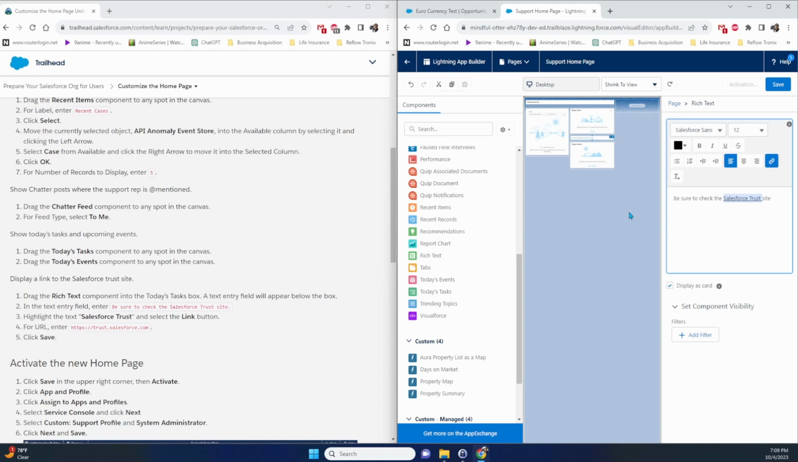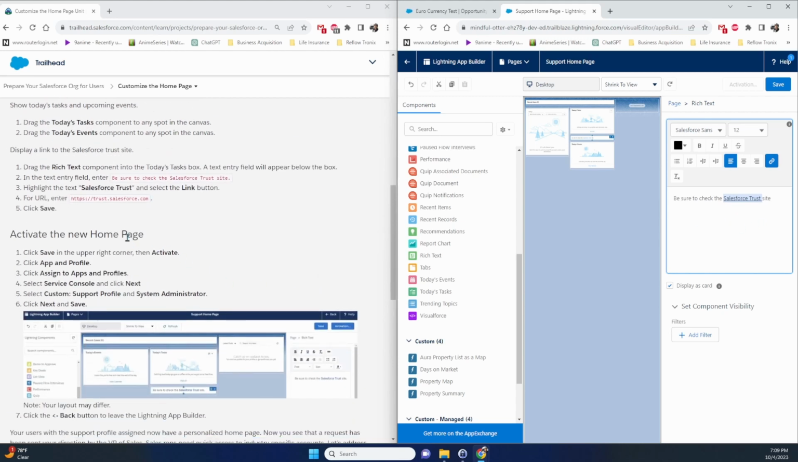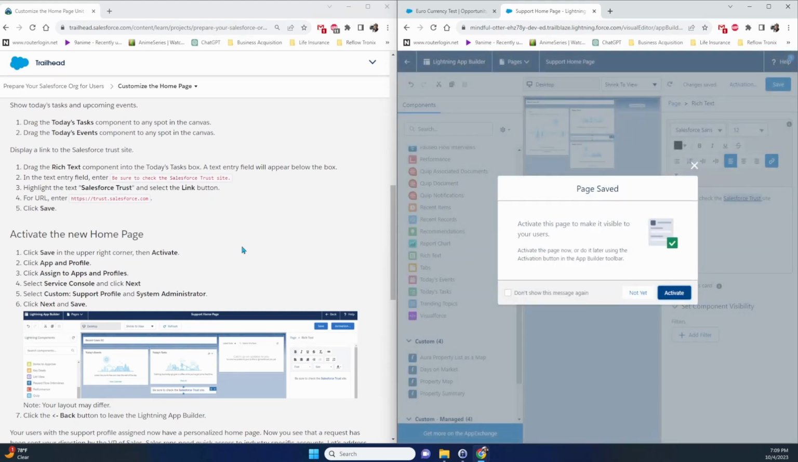It is a nice feature to have. People will probably use it to just put a message out there or a link to an external website or to your own intranet for your company. It's a nice feature to have. All right, and then we're just gonna save this. And then say activate, because it says activate,